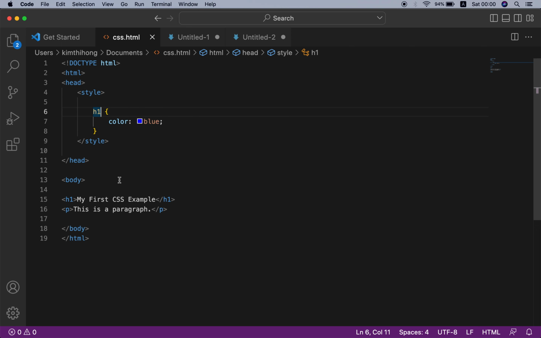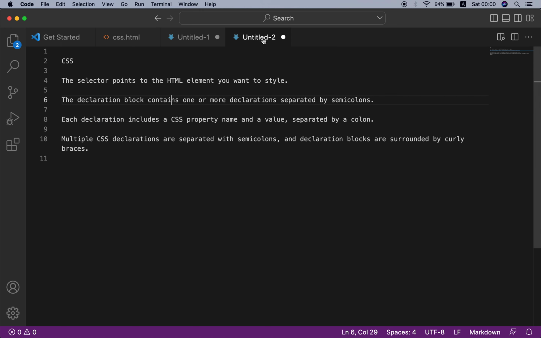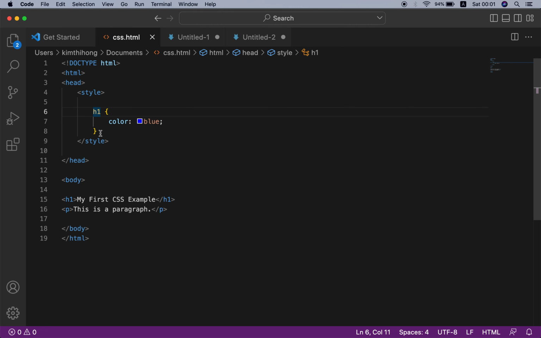H1 is the selector. The selector points to the HTML element you want to style, and here H1 points to H1, the element I want to style. Okay, the selector.